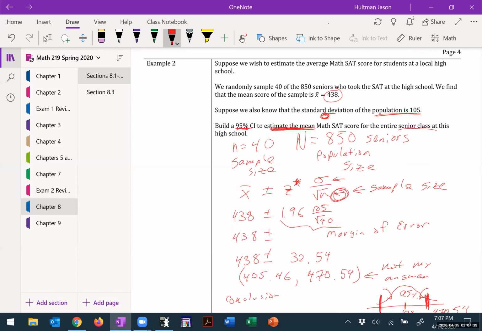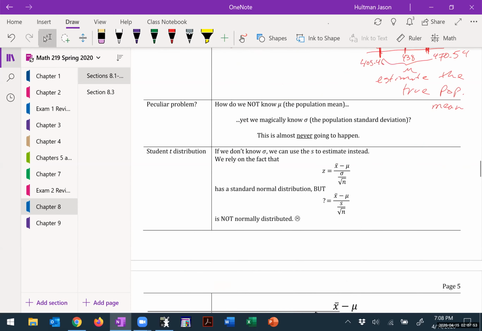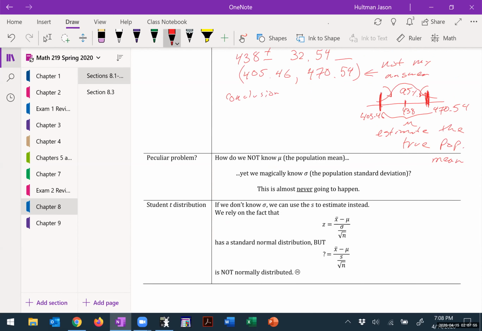Sorry, in the problem, it says, estimate the mean for the entire senior class at the high school. Well, I can be 95% certain that the mean for this senior class is between these two values. And I have to write this up in a sentence. I say, I am 95% confident